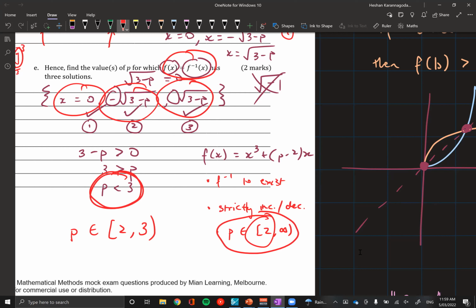We just found the intersection of them. So obviously that's just when p is in between 2 and 3, but we keep the endpoints the same. So we can see that p could be equal to 2 for this one. It's inclusive. And then for this one, it's exclusive because it has to be strictly less than 3. So that's how we get square bracket 2, round bracket 3. Or you can write this as 2 is less than or equal to p, which is less than 3.